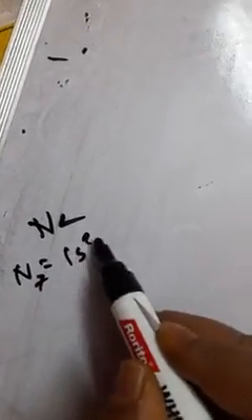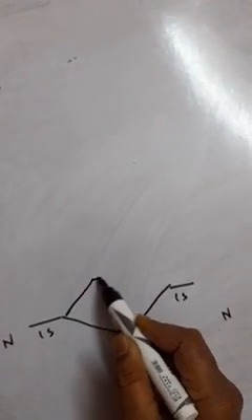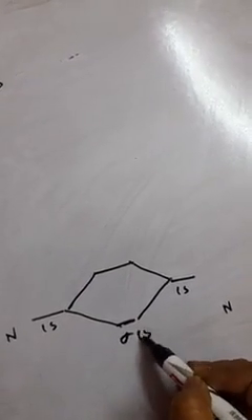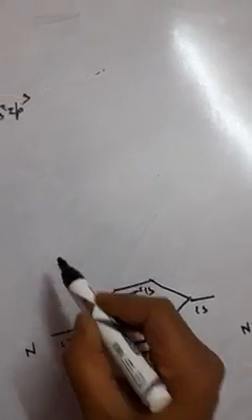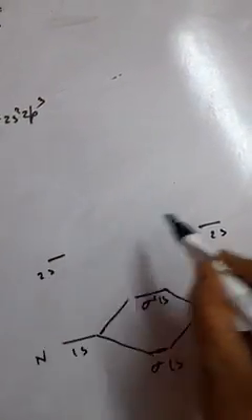Let's see about N2, nitrogen. Nitrogen, atomic number 7, configuration 1s2, 2s2, 2p3. Let's come here, one nitrogen this side, another nitrogen this side. So at first 1s and 1s, they two will combine to form a bonding and antibonding, sigma 1s, sigma star 1s. Then there is 2s of this nitrogen and this nitrogen.